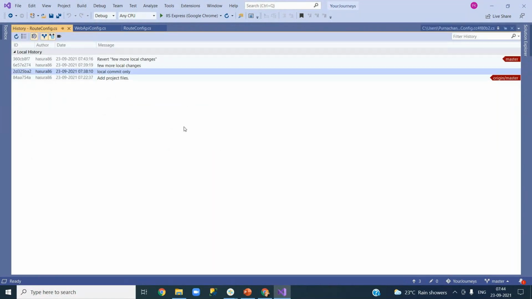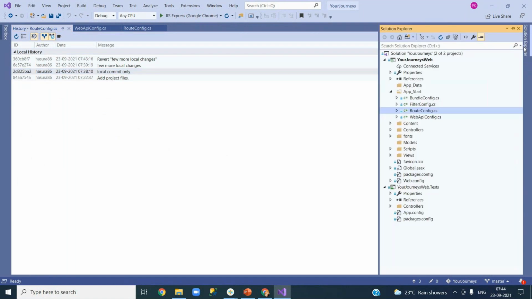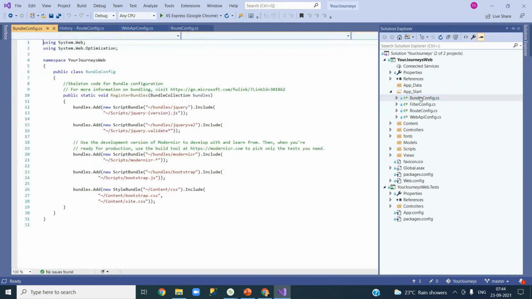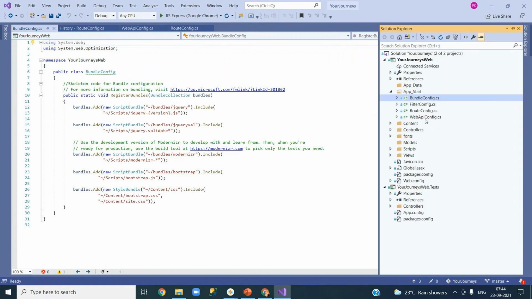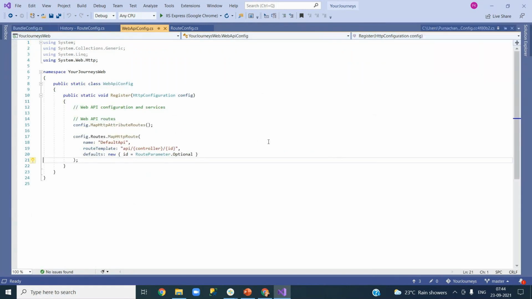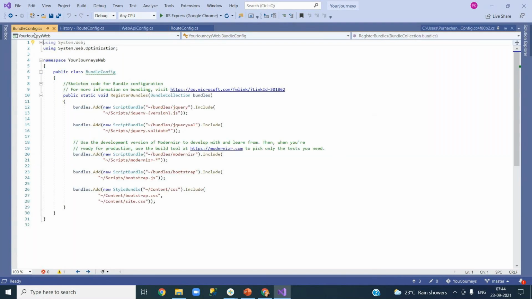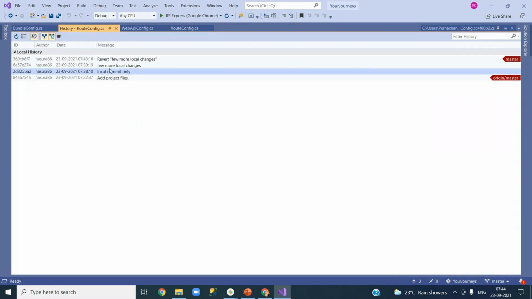Okay, go and check the other files. There are no changes, right? So this is how people can go and revert back their changes, though they are not connected to the actual server, I mean the remote repository. You basically have your local repository with all the versioning capabilities. Okay,